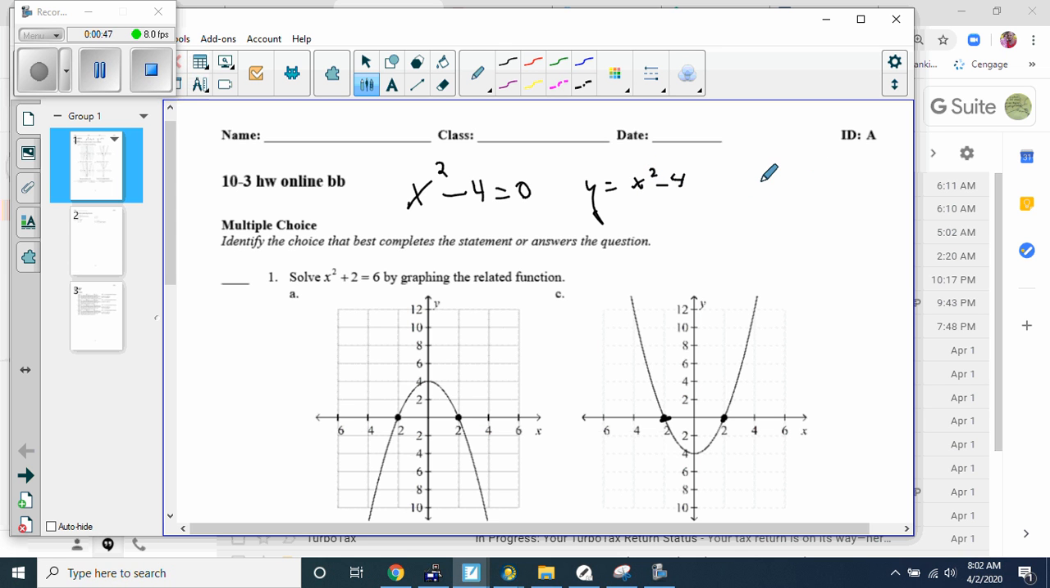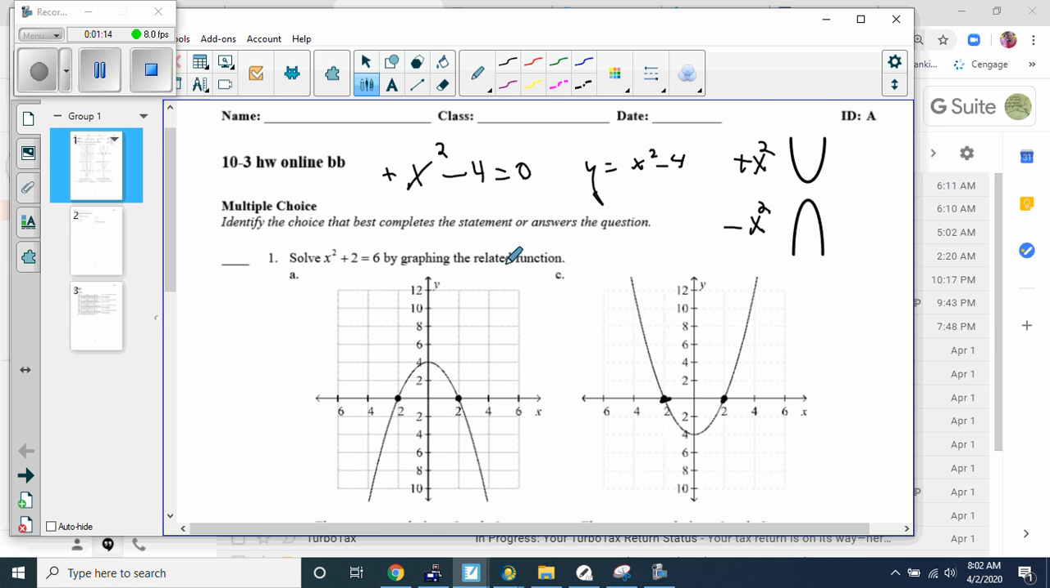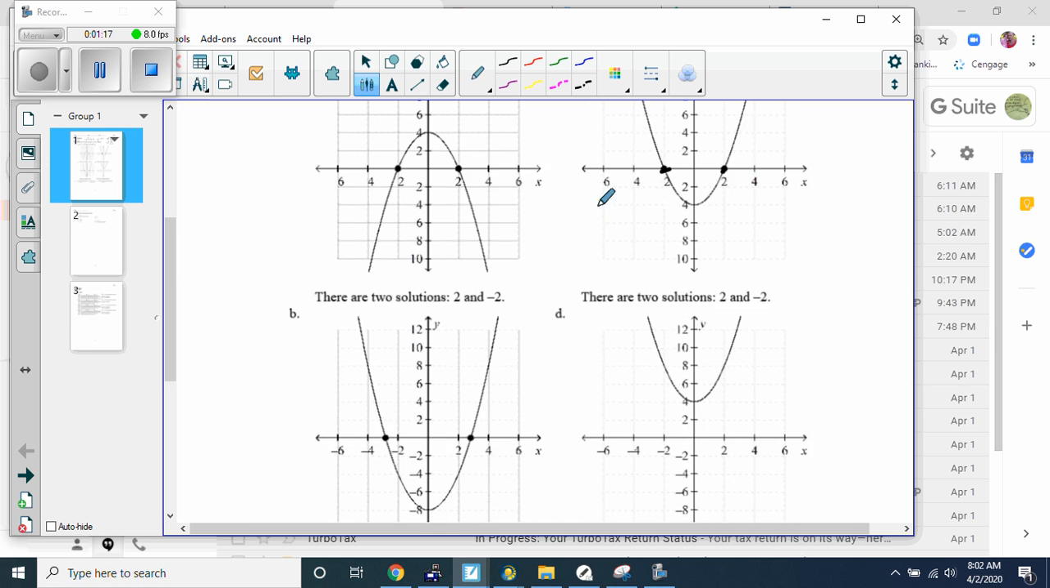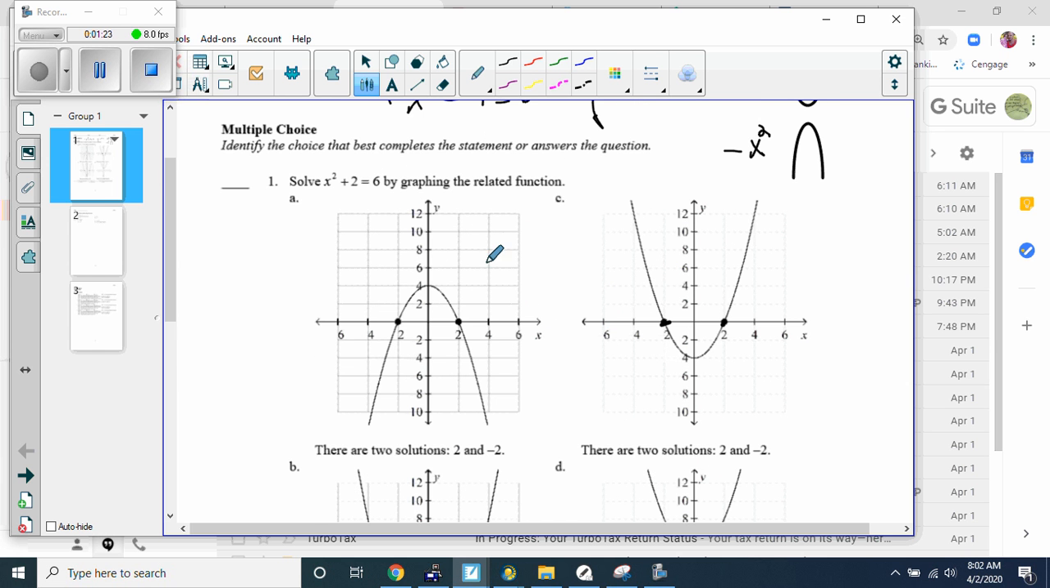Now if you remember from previous times graphing, a plus on the x squared is a happy face parabola, and a minus on an x squared is a frown face parabola. Since this is multiple choice, because there's a positive x squared, you can see the answer is either C, B, or D. It's definitely not A. A would be negative x squared